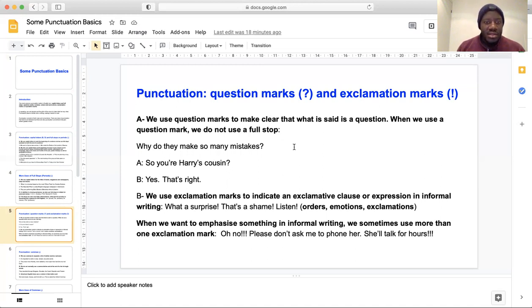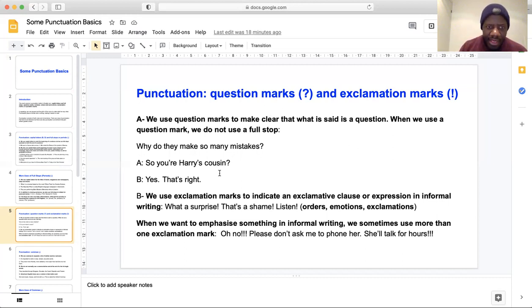Question mark. So you are Harry's cousin? Yes, that's right. Because you see, so you are Harry's cousin? Yes, that's right, okay? Because this very sentence here, this question here, if we remove the question mark, and we put a full stop, it will no longer be read this way. It will no longer be read as a question, so you are Harry's cousin? It would rather be read as, so you are Harry's cousin. So as a declaration, okay? It will now be a statement, a declaration. So that's why it is very important to take note about